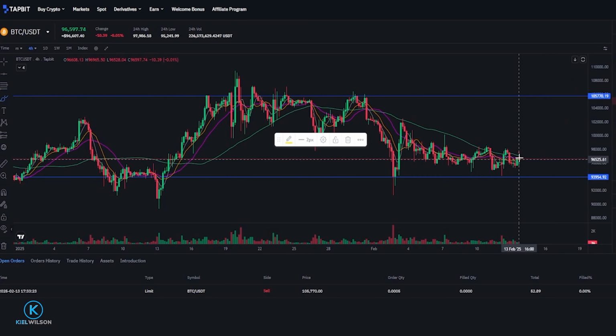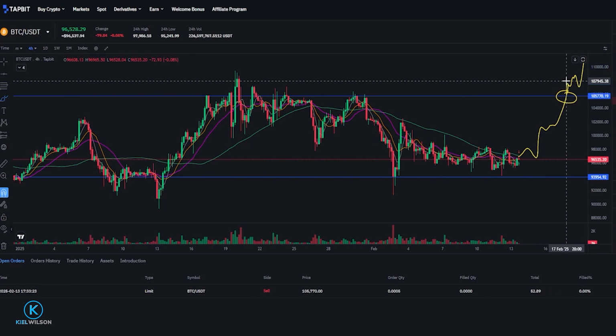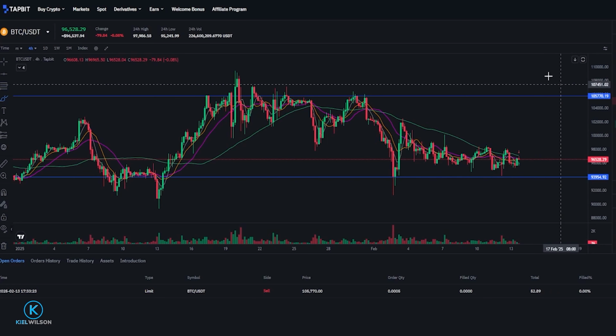But if Bitcoin was to roll over from here and just fall to the downside, I'd still be holding onto my Bitcoin, taking a loss because price action failed to come up, reaching my order price to sell my Bitcoin. Or maybe price does come up, fills my order at 105,770, I sell my Bitcoin, but then Bitcoin just starts melting to the upside. Of course, I'd be missing out on those additional gains because I would have placed my sell order down here to sell my Bitcoin. So a couple basic considerations when you're choosing if you'd like to use a limit order,